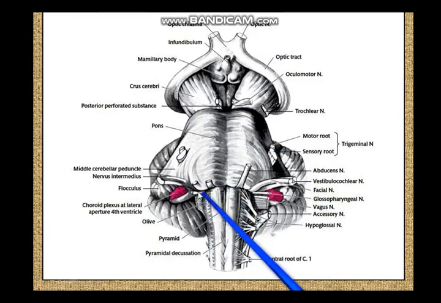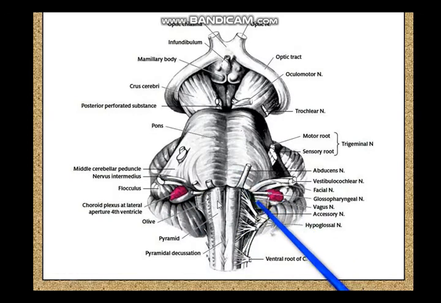Beyond the pons, if you come here, you can see the lower border of the pons, the pontomedullary junction, and at the pontomedullary junction, if you pass laterally over here, you can see the cerebellopontine region. Between the cerebellum and the pons, and between the pons and the medulla, this corner is called the cerebellopontine region, the cerebellopontine angle, or the CP angle. This is very important for head and neck surgeons, neurosurgeons, ENT surgeons. Exploration of the cerebellopontine angle is a difficult job. It's a laborious and painstaking job, and it requires a great deal of expertise in neurosurgical cases.